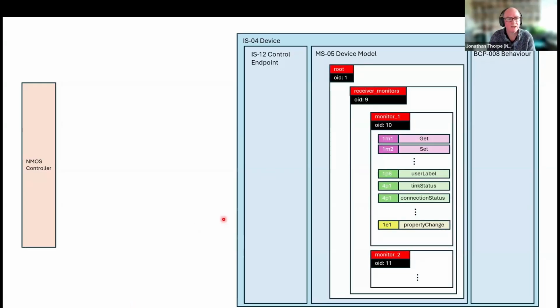Here we see the device model, which is a hierarchical set of objects. We've got a root block, and in that we have a receiver monitors block, and in there we have a couple of receiver monitors. Each of these objects has methods, properties, and events that are identified by method IDs, property IDs, and event IDs. The controller connects to the node using a WebSocket,